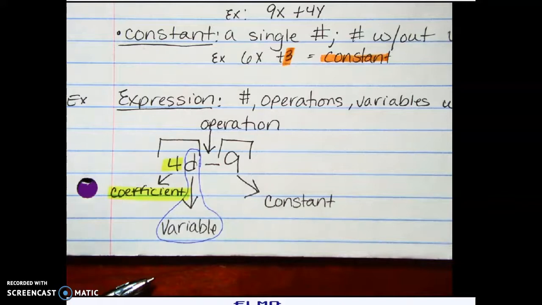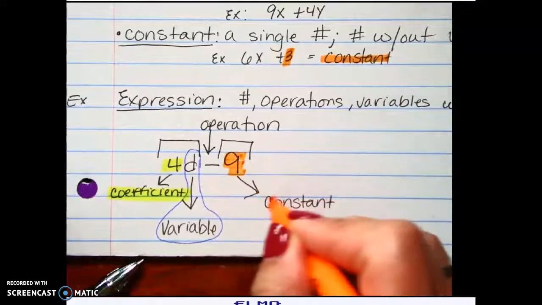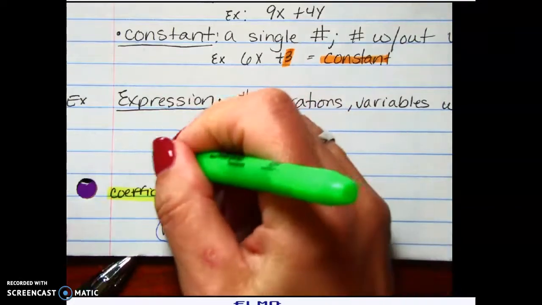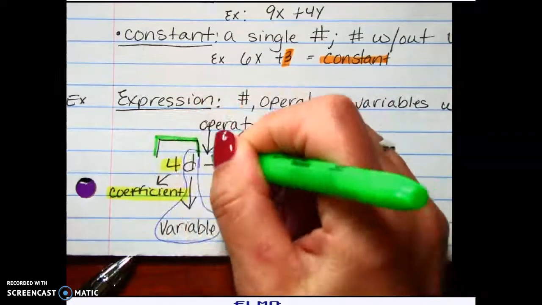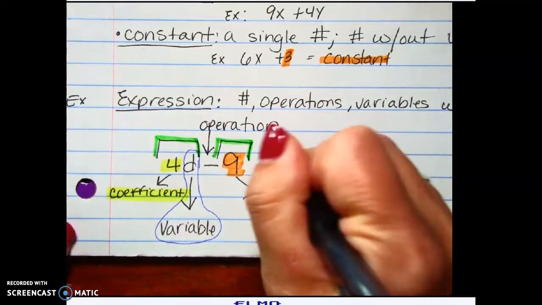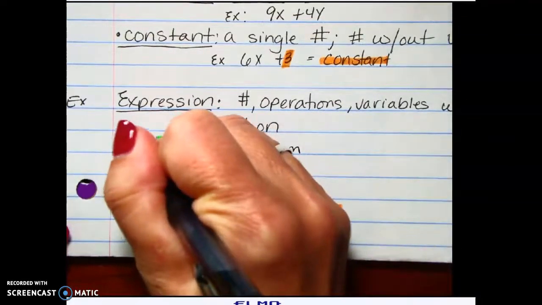Okay, we've had the most introduction to that. 9 is our constant. Now we have 2 terms. There's a term, and there's a term, and I'm going to write term, term,